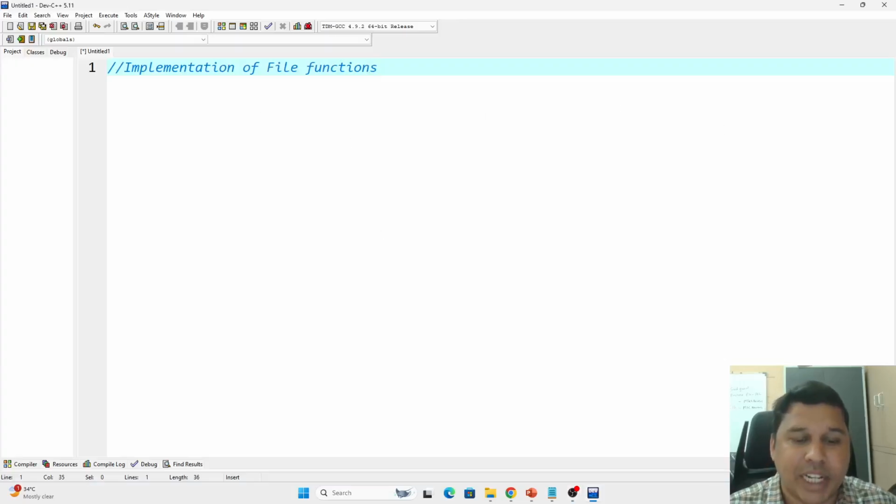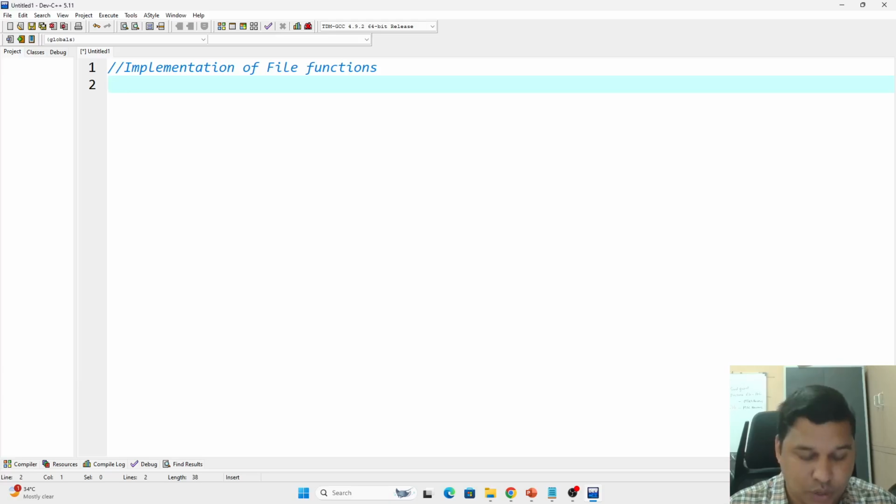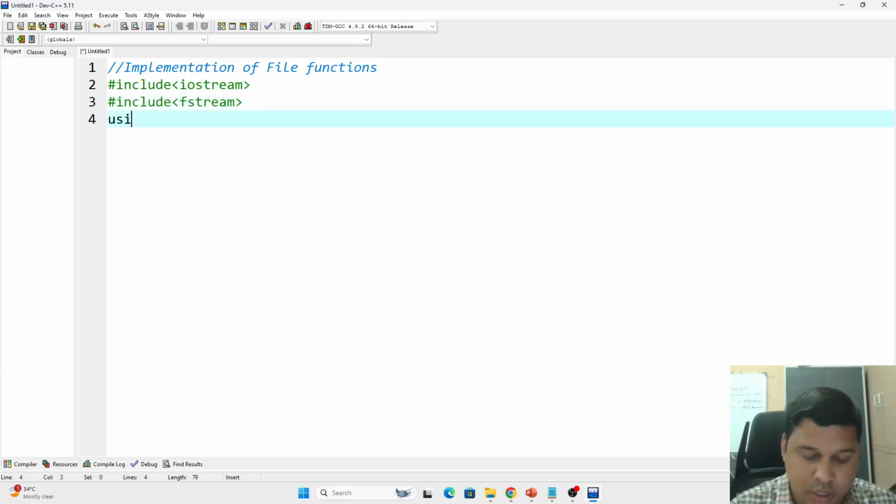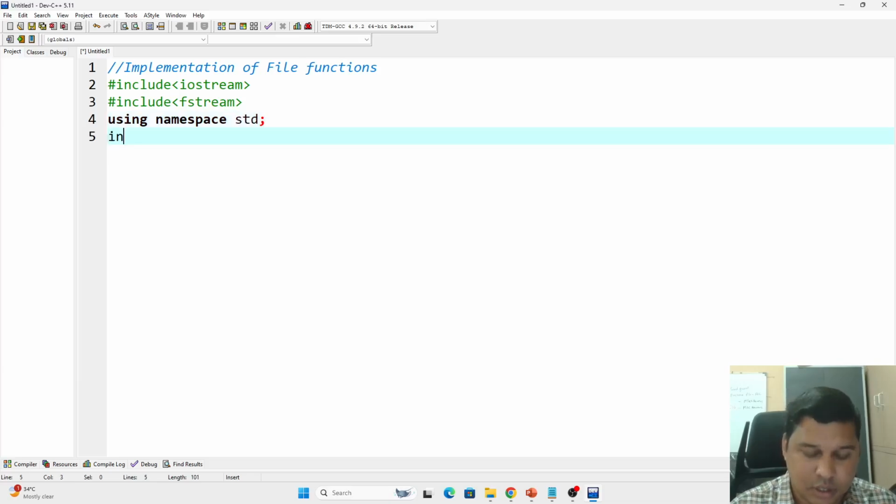So, we will see the implementation of the sequential and random access of files. Okay. So, the default one which we have to include is the fstream class. So, I will include iostream, include fstream, then using namespace std, int main,